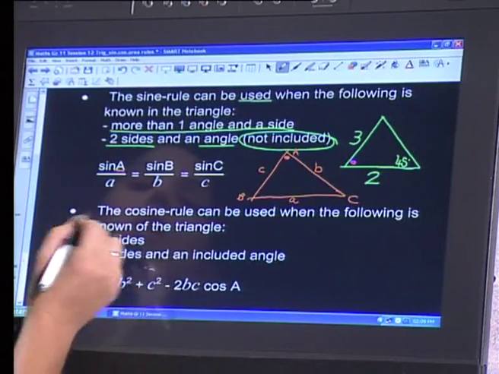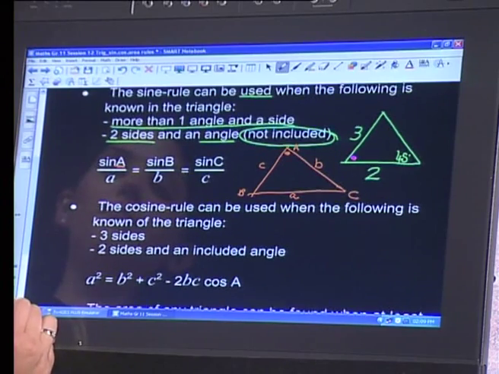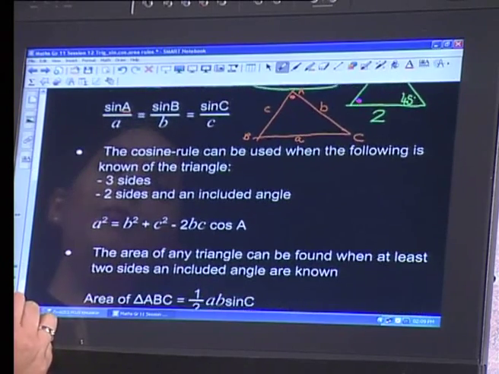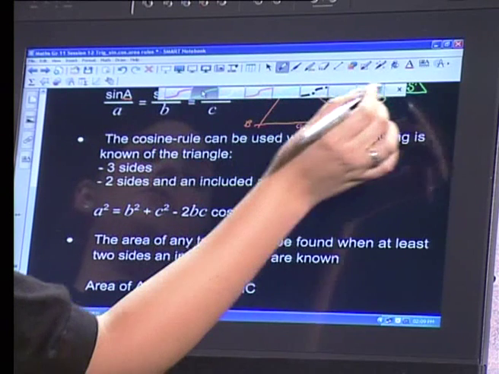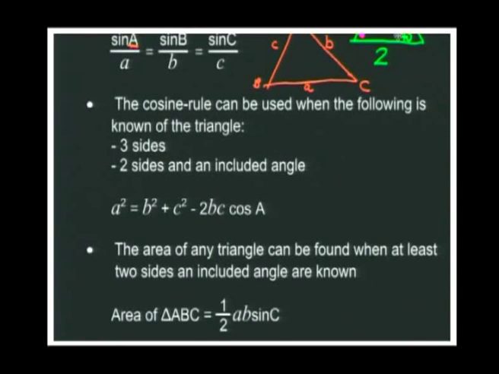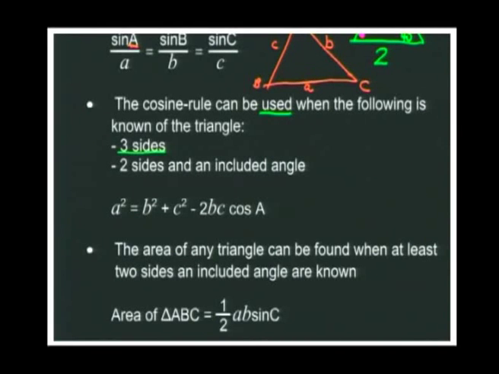Okay, let's now move along to our cosine rule. And again, I'm going to underline, and I'm going to keep to the same color so that we keep some sort of color coding here. We need to know when are we going to use our cos rule. And this, again, is going to be dependent on the information. So you are going to use your cos rule if 3 sides are given, or, and perhaps I should write that there so that you don't get confused and think you need both conditions, or you need to be given 2 sides and an